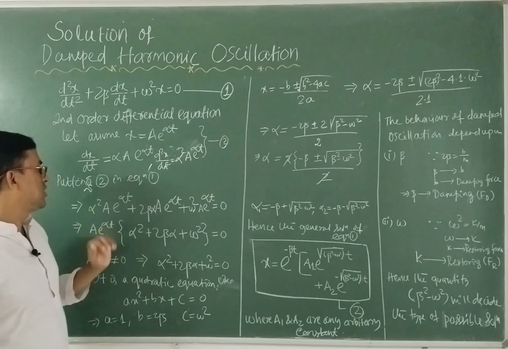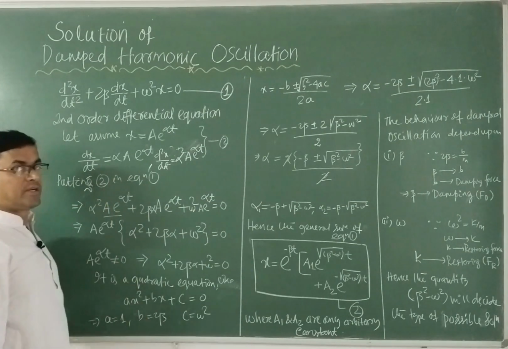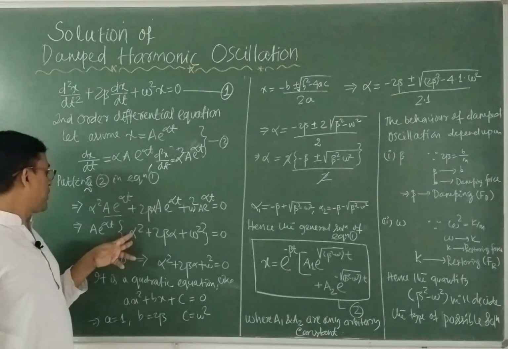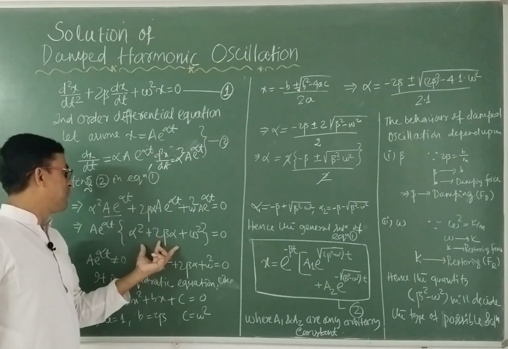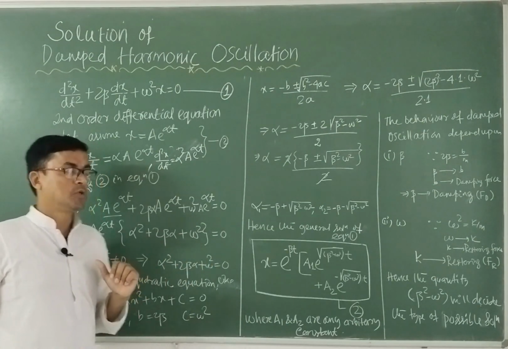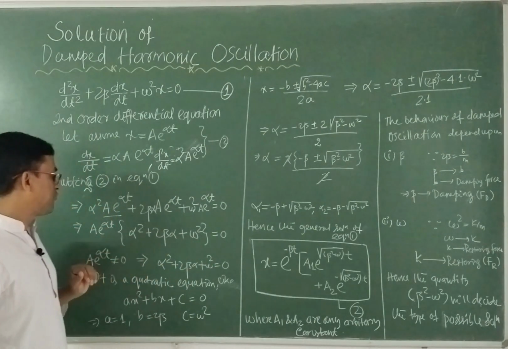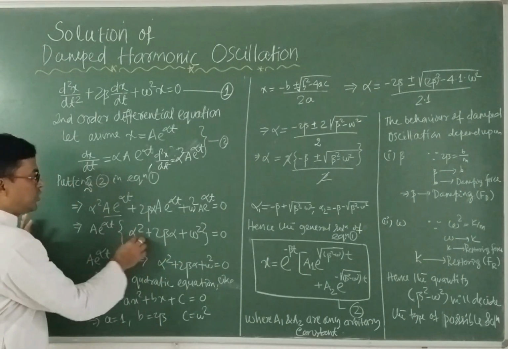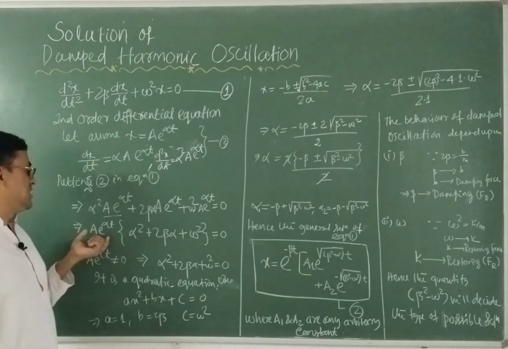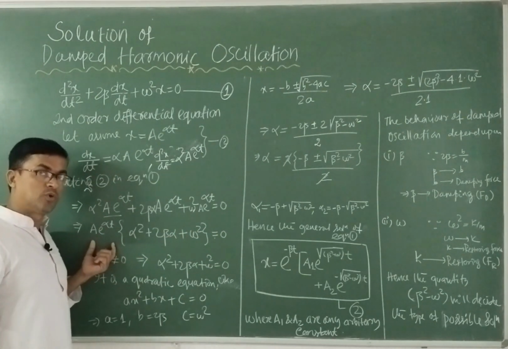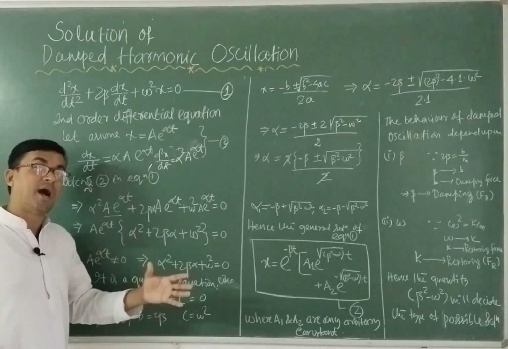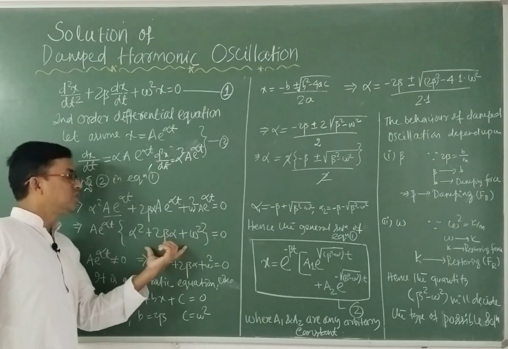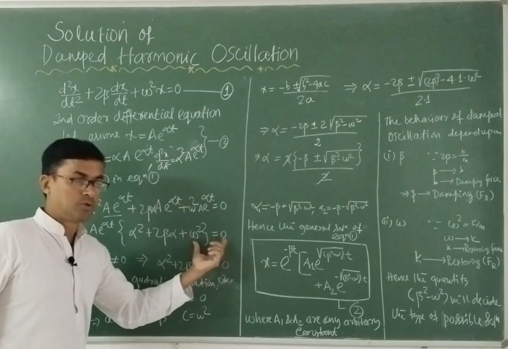Then in all these three terms, the common factor is e to the power alpha t. So we take common e to the alpha t, then the equation becomes alpha square plus 2 beta alpha plus omega square equal to 0. If you observe this equation, it is like a quadratic equation. Here two terms are multiplied to give 0. As it is amplitude, e to the alpha t won't become 0. It may decrease with time and finally get to 0, but it won't be considered as 0. Therefore this other term becomes 0 to find the solution.